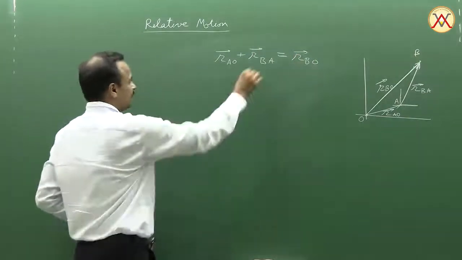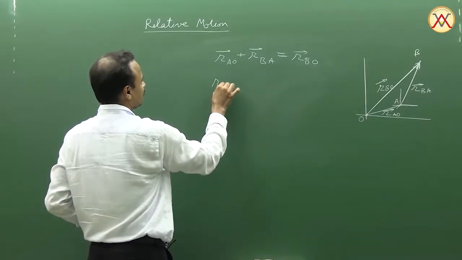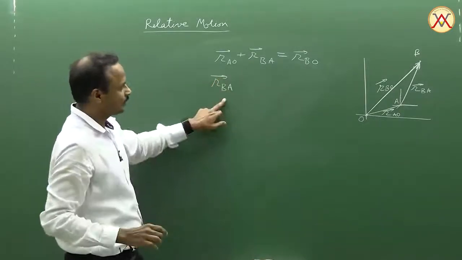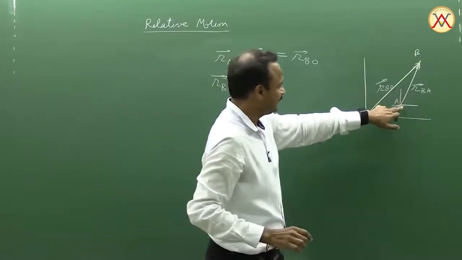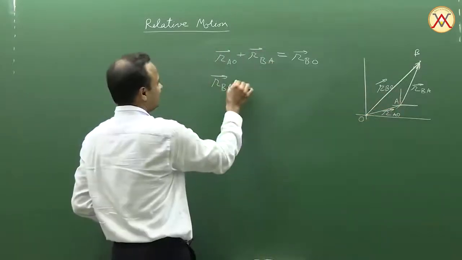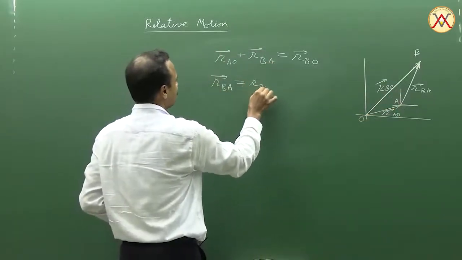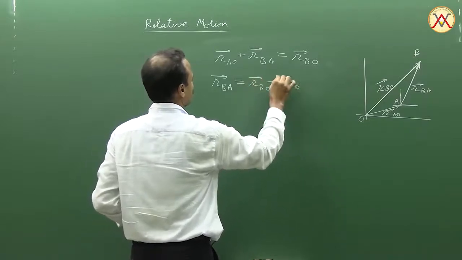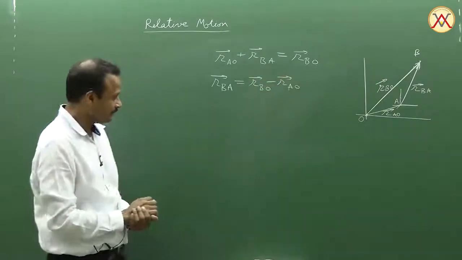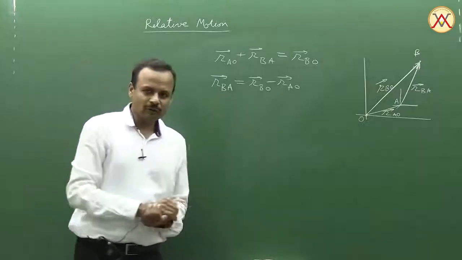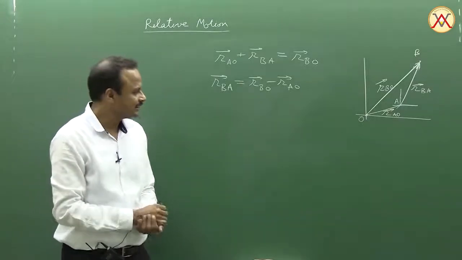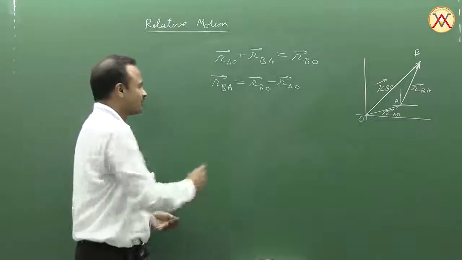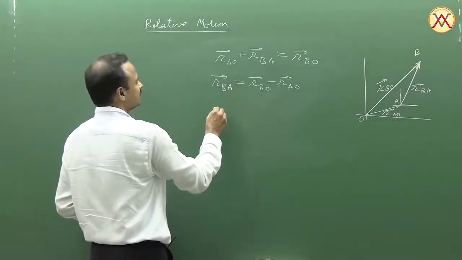Now it gives me R_BA vector. That means the position vector of B as seen by the observer A is R_BO vector minus R_AO vector. Now if I want to relate the velocities, I can simply differentiate this. So when I differentiate this,